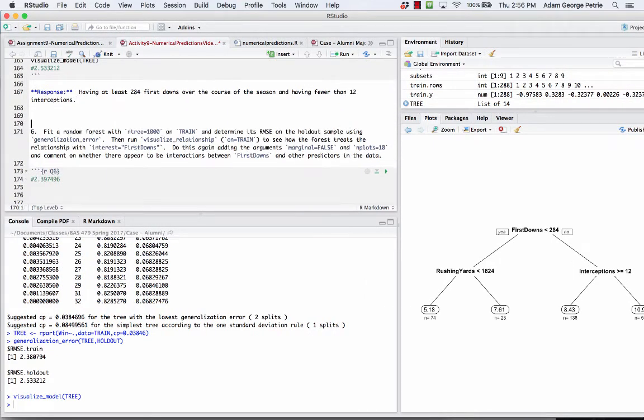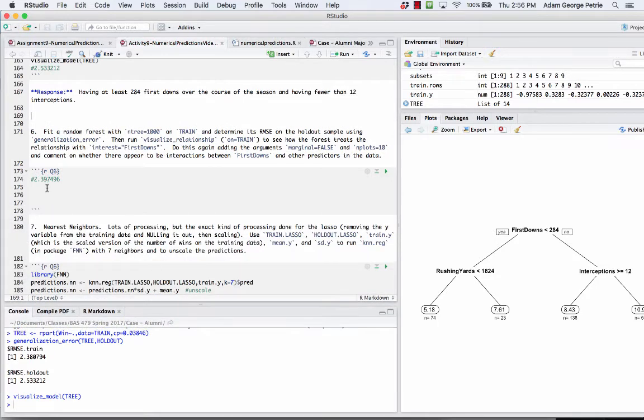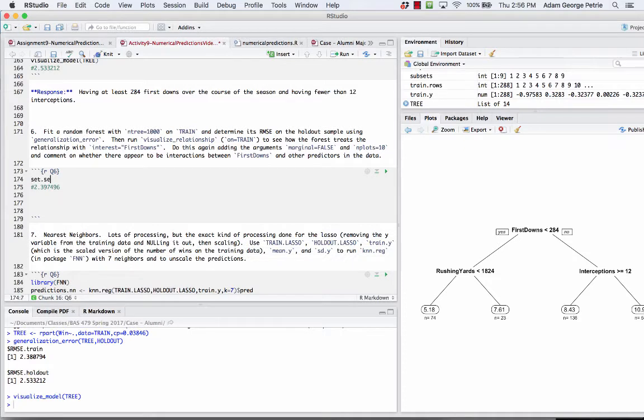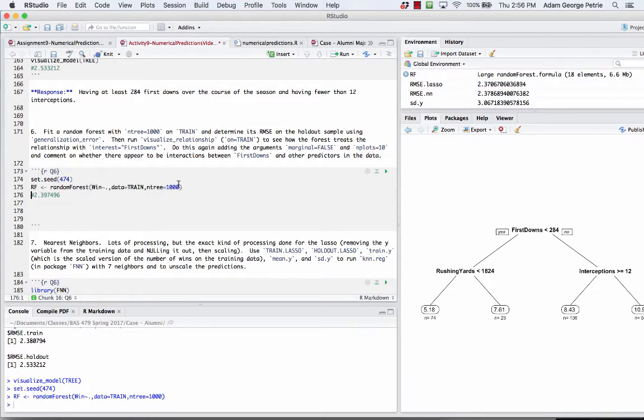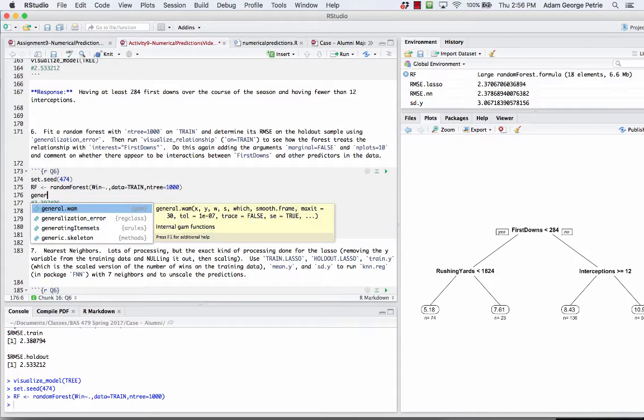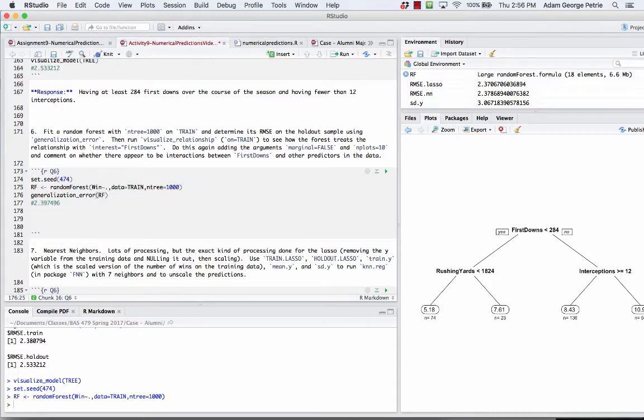All right, so easy to do vanilla partition model. Random forest, way more powerful typically, and still just as easy to do. So to fit that random forest, we always know that we set the random number seed so we can reproduce our results. And we're going to fit the random forest with randomForest(win ~ ., data = train, ntree = 1000) as suggested. We'll run those commands as a pair, and then we can run generalization error on our random forest